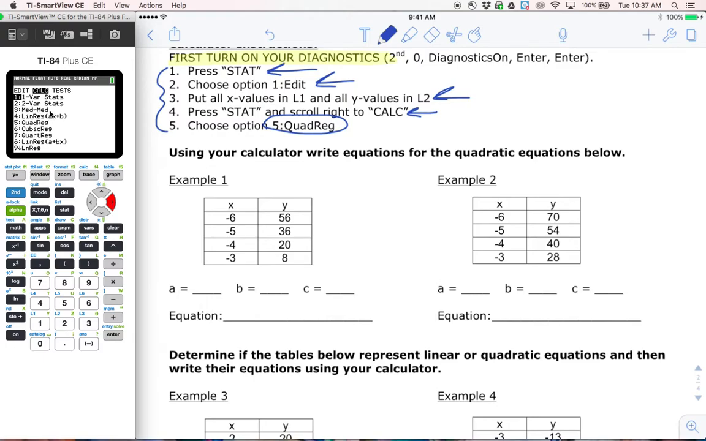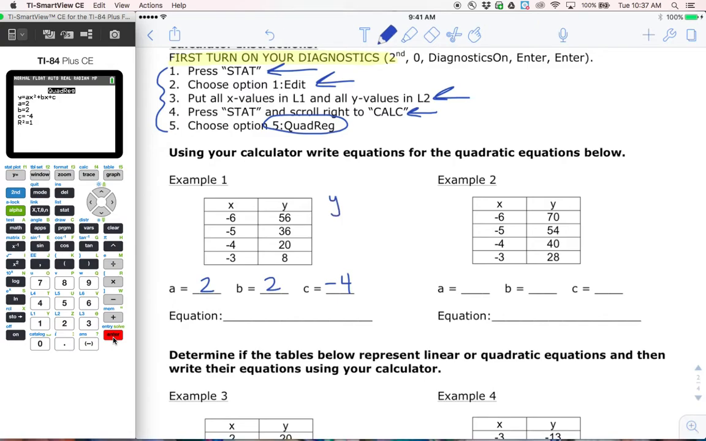In the past, we've always chosen option 4 because we were always doing lines. Now that we're not doing lines, we're doing quadratic equations, we choose quadratic regression. We want option 5. And it gives us, let's see here, A and B and C. So take a look at my notes. I have places to write those numbers. So if A is 2, and B is 2, and C is -4, and then I have to write my